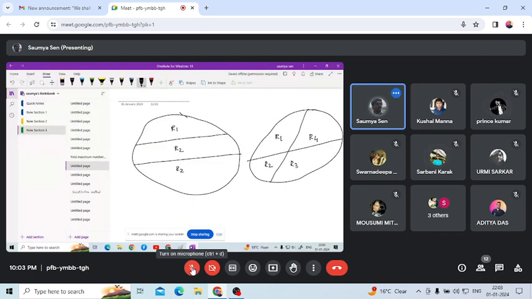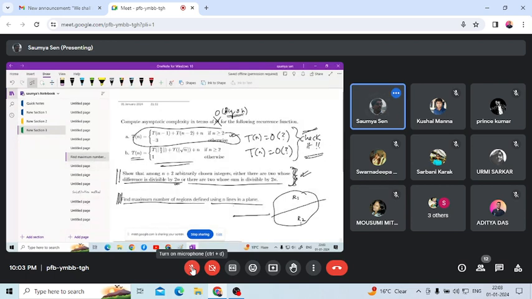চারটে। তাহলে এখন যদি তোমাকে প্রবলেমটা আমরা দিই যে n খানা যদি লাইন থাকে, এরকম দুটোর বদলে যদি n খানা লাইন থাকে, তাহলে ম্যাক্সিমাম কতগুলো রিজিয়ন পেতে পারো? n+1? No, not necessarily. ঠিক আছে। So these are another interesting problems of recurrence relation. You have to form a recurrence relation corresponding to this problem and then solve, and you will get the answer. So you can do this type of problem